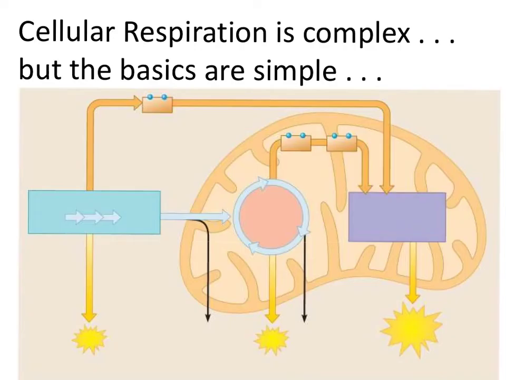ATP? Cellular respiration is a series of many chemical reactions, and they're really complex, and unfortunately we don't have time to learn them all this year, but the basic bits are simple, and those are the bits we need to know. What's going in is glucose, and there's one other important reactant, oxygen. You may have known that all organisms require oxygen, and that's why you're breathing right now, but what you maybe didn't know is that the reason you need it is because your mitochondria need this oxygen as a reactant to